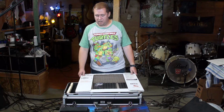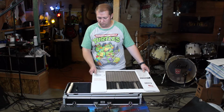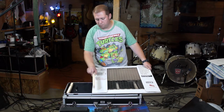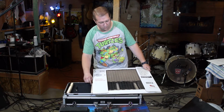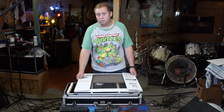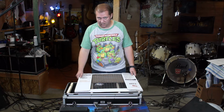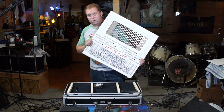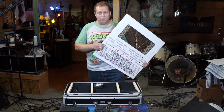Have not decided yet how I'm going to attach the two pieces. If I'm going to do it over one of the seams so that they both attach to that would probably be the smart thing to do. If I do that, I will have more waste. So, I haven't made up my mind yet. Probably not going to show you me cutting this with a grinder because I don't want little Timmy coming back and being like,